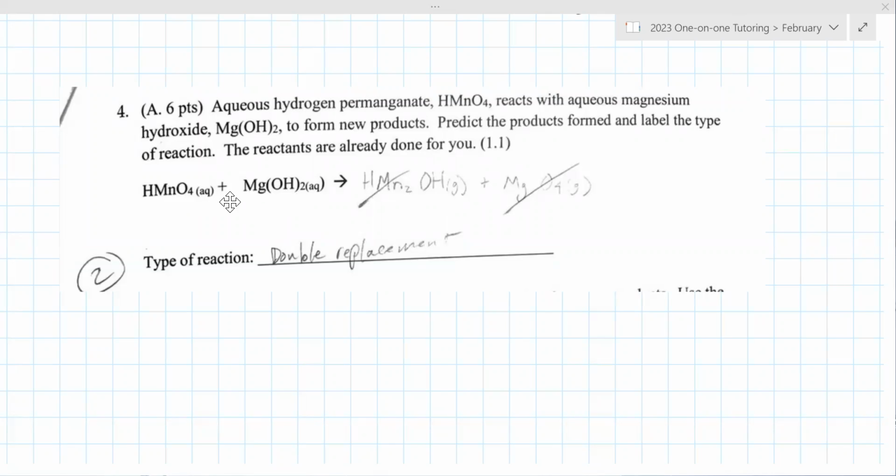See, I feel like it's going to be like a magnesium oxide, let's say, but I don't know. MnO4 plus